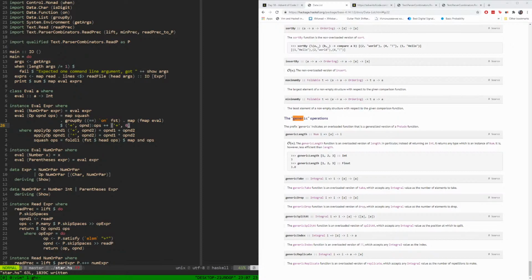But to do this, we actually need to squash the current operator operand with the first operand with all classes of that. Then we are able to squash. And after we squash,